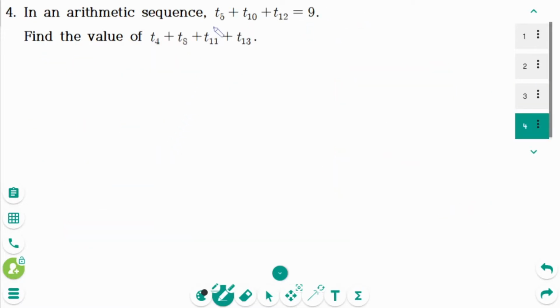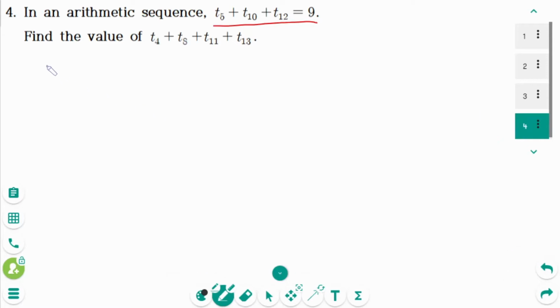Number 4. Since you need the first term and the common difference to find the general term, you usually need two equations, but there is only one. So the ordinary student worries about how to get two values when there is only one given equation. When you feel there is no way to solve the problem, just do what you can. Then shall we start?